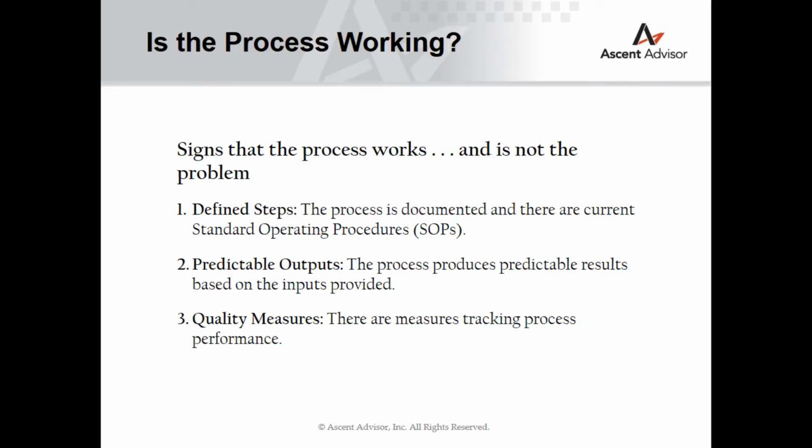An efficient process easily shows that the outputs are significantly greater than the inputs. The work process is adding value in a simple and efficient way. On the other hand, a broken process shows that outputs are very difficult to obtain. It takes a lot of maneuvering around to get the work done.